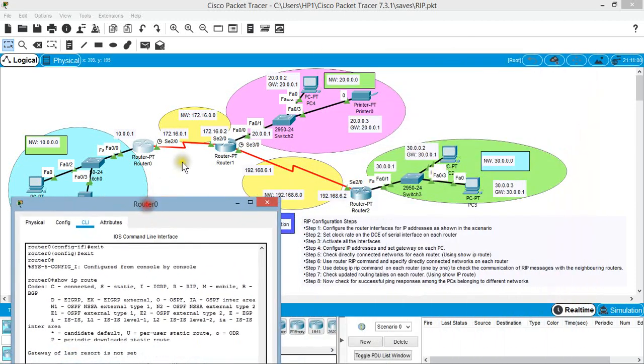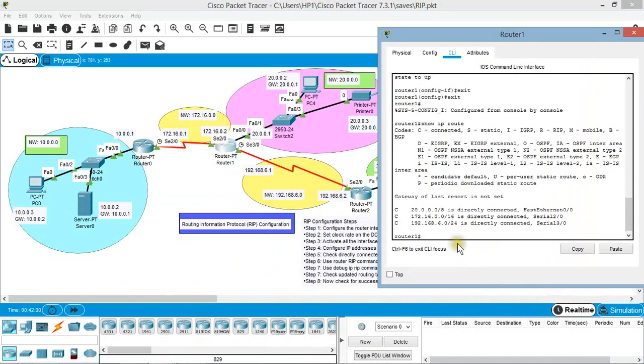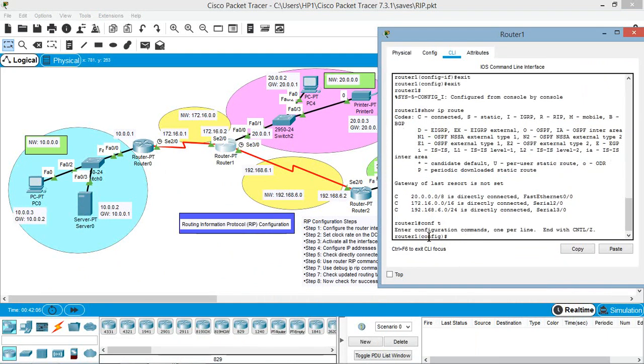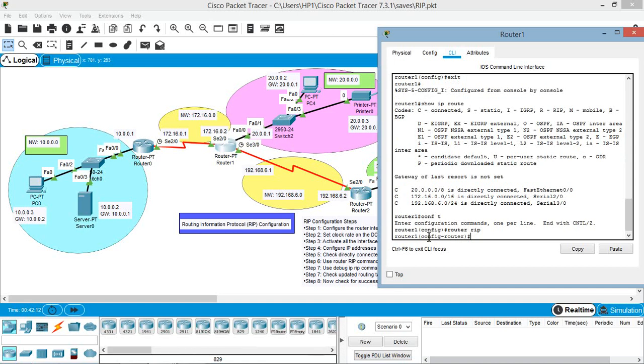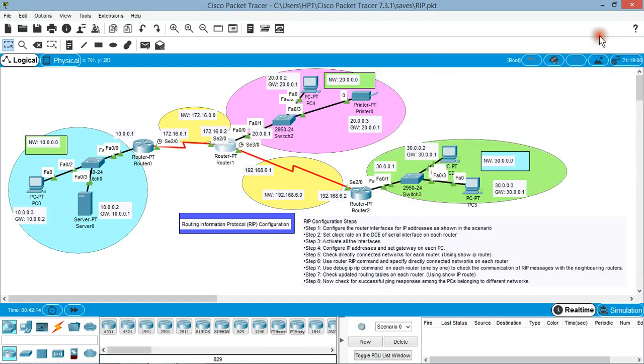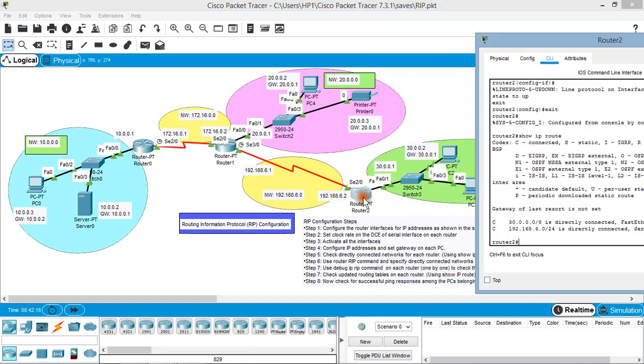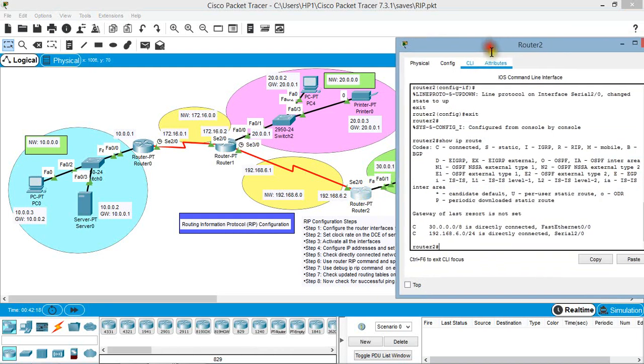Similarly, we'll configure the RIP routing protocol on router 1. First of all, we have to use the configure terminal command and the router RIP command for configuration of the RIP routing protocol on router 1. Similarly, we are going to configure the RIP routing protocol on router 2.